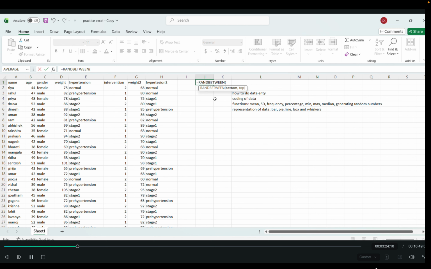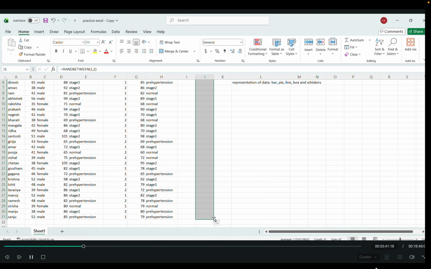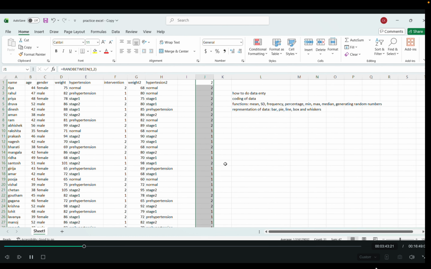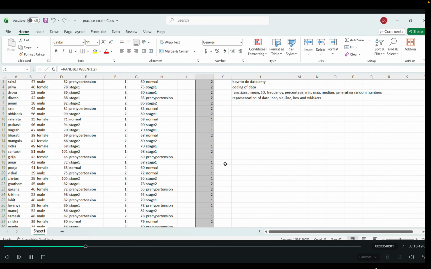I have only two interventions here, so I am giving 1, 2 and close the bracket. Then enter. So it gave me 1 here, and I will drag it till 30. So the computer gave me these random numbers between 1 and 2.